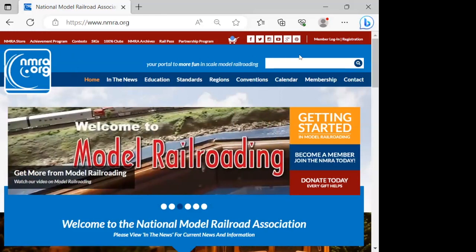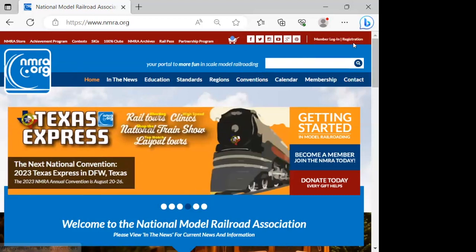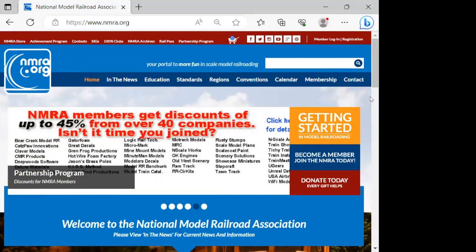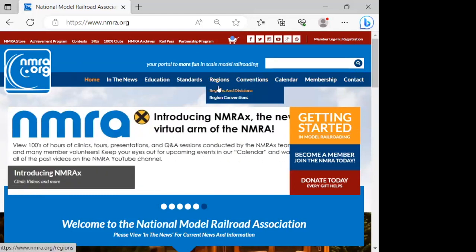So obviously this is the home page. And as you know, you can log in as a member, you can manage your account and do all that stuff. I'm not going to go there. This is not about how to manage an account or anything like that. What I'm going to do is show you, if you go to the regions button and you come down here to regions and divisions,